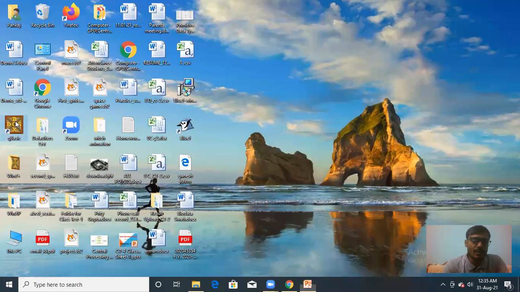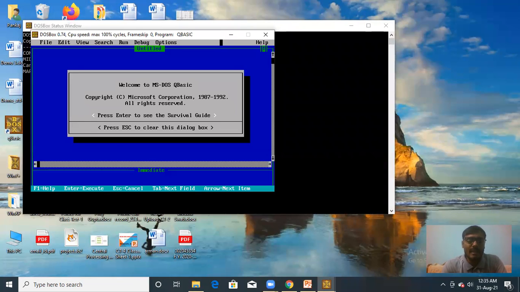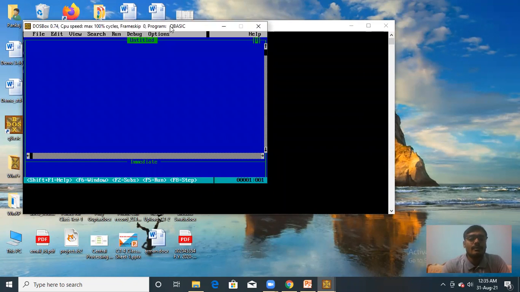First, double click on the QBasic shortcut icon. It will open. Now a message will be flashed. Press the escape key and the message will disappear from the screen. Now you can start writing the program. So you have to enter length, breadth, and height.